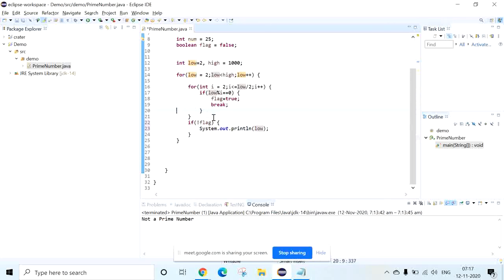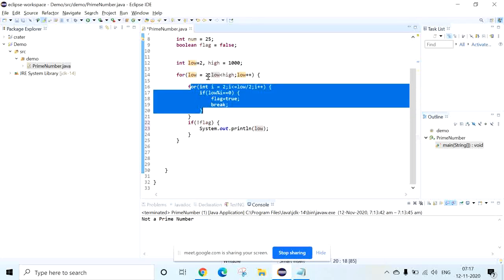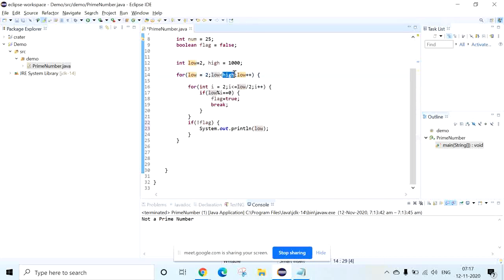See, the thing is that the logic is the same. I did not do any changes over here. What we have done is, from I want to go to high. Anyway we are going to increment to 2, 3, 4, 5, 6, 7, 8, 9 up to 999.